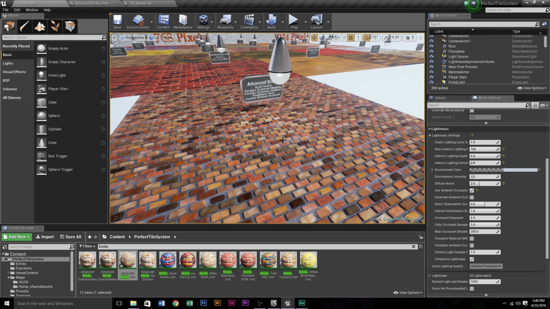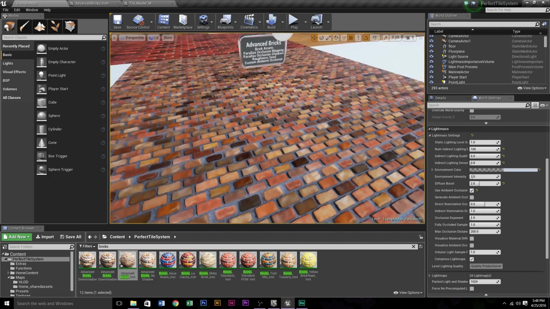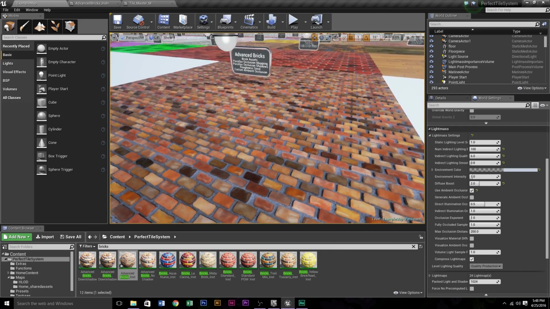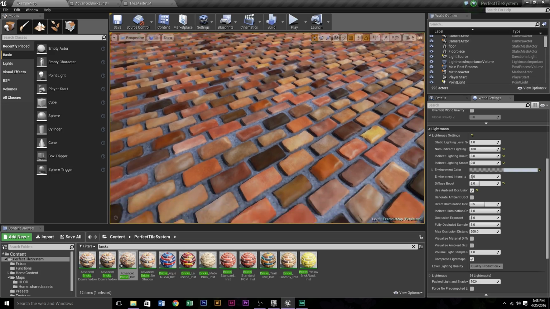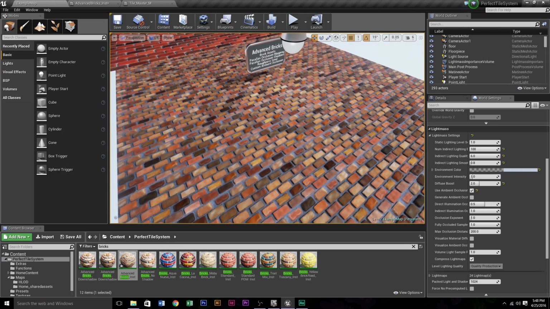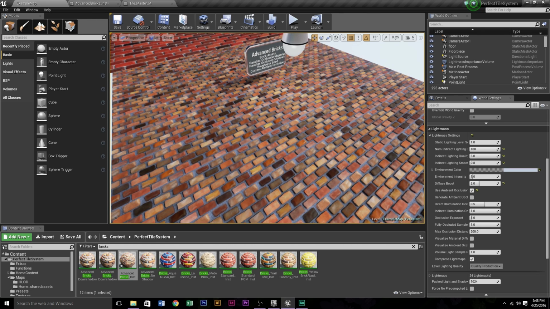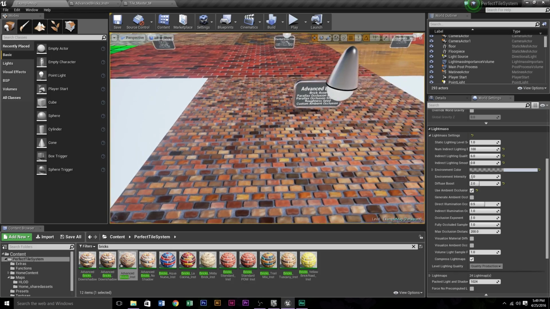You can just have one texture channel packed to take care of these things. By the way, this advanced bricks material, not only does it tile an insanely long distance into the netherworld, but all the texture maps, none of them are larger than 512 by 512. I think I have two 512 by 512s. I have one 256 by 512, and then I have